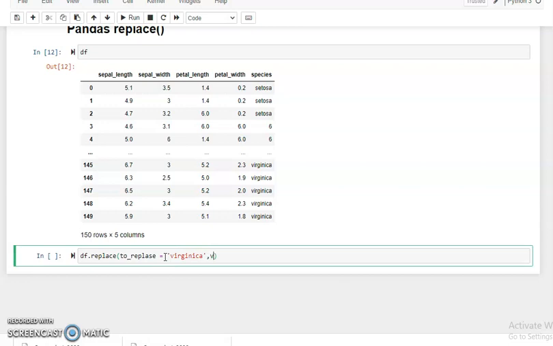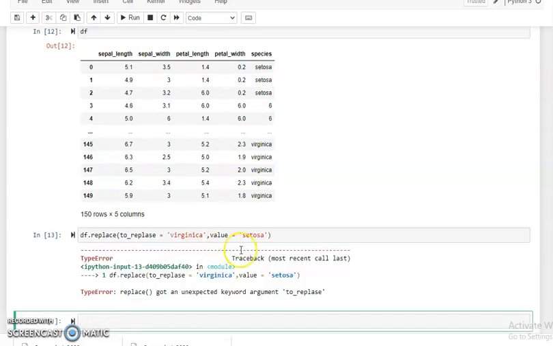Next parameter is value equal to, suppose we replace Virginica with Setosa. So we write here Setosa. Now simply run.